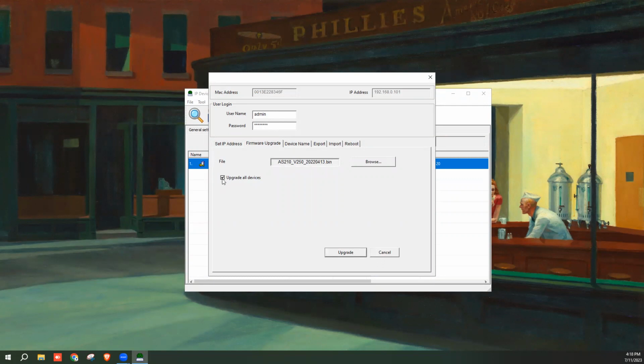and then if you have multiple of the same panel, you can hit this upgrade all devices, and this only will work if your panels all have the same password. So make sure that you would have set your passwords first, and then you could do your firmware upgrade here. Now, as I mentioned, this panel is on the latest, so I can't really demonstrate the full upgrade here,